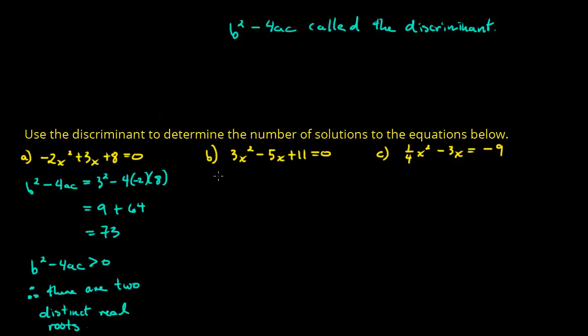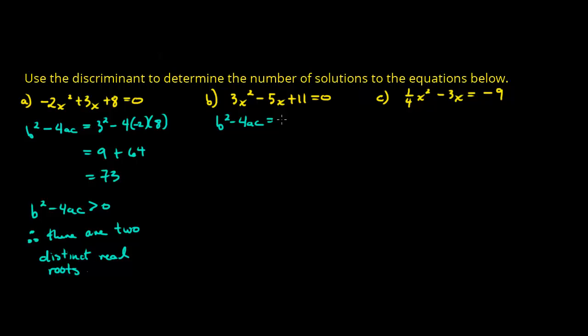In the next example, b squared minus 4ac is equal to negative 5 squared minus 4 times 3 times 11. If you evaluate this, you'll get 25 minus 132, which is minus 107. So that means that b squared minus 4ac is less than 0. And this corresponds to there being no real roots,